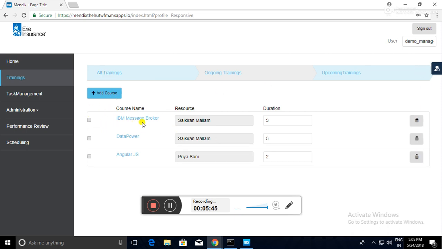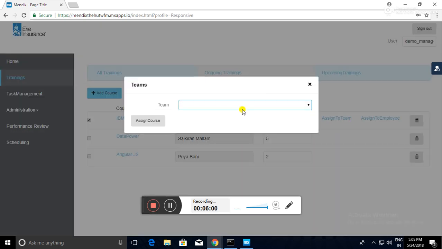if a manager wants to assign someone to go through this training, he can click here on this checkbox. When he clicks on this checkbox, we have two additional options seen on the UI. Assign it to a team. When you click on assign to a team, you can assign it to a specific team like integration team or staging team. When he selects the team and clicks on assign course,